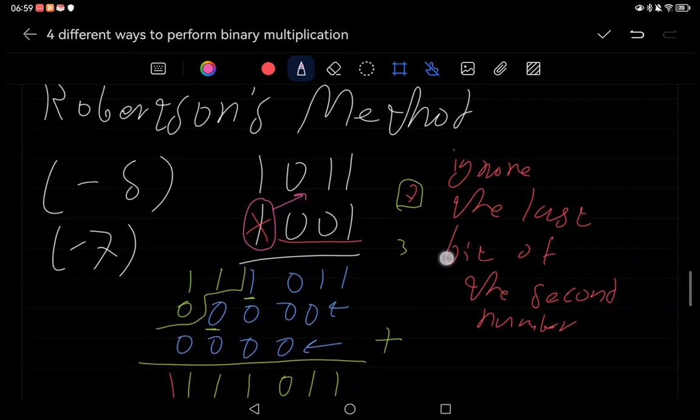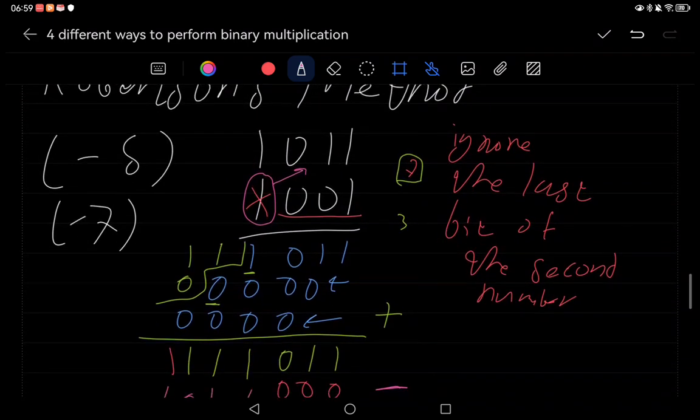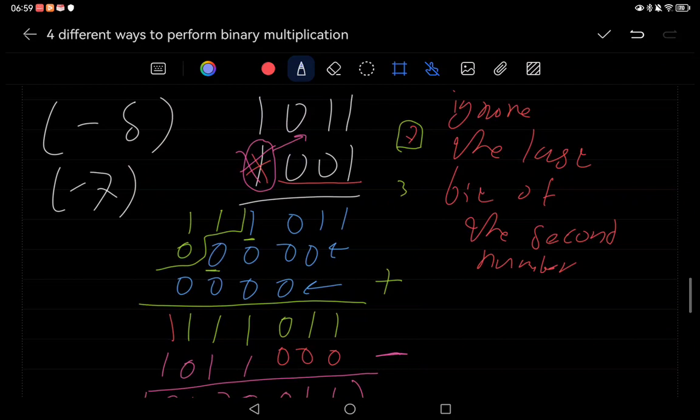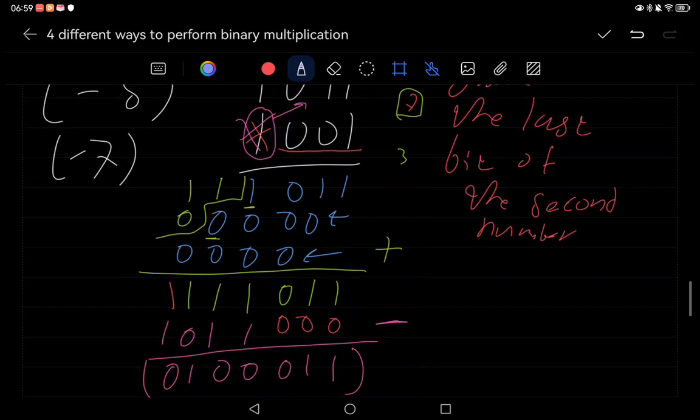So first of all, we ignore the least significant bit of the second number, and we multiplied it with the first number, and we get this result. After that,